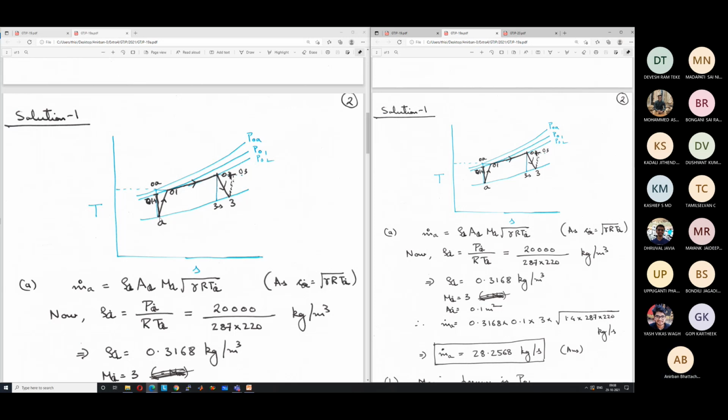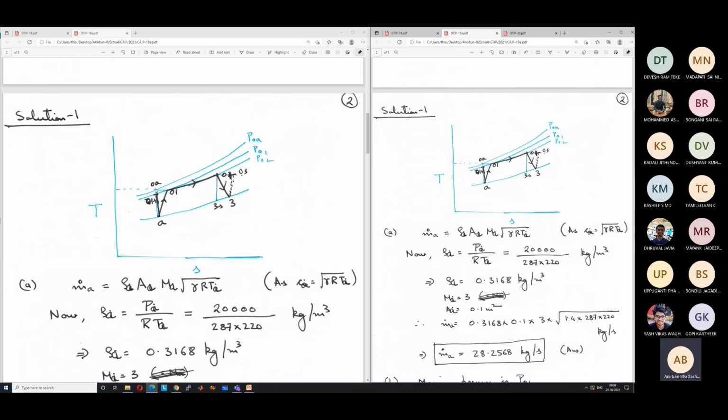Then in the diffuser, there is compression, and we go from A to 01, after compression in the diffuser. If the diffuser was an ideal diffuser, we would have gone from A to 0A. Because there is frictional loss, instead of going to 0A, we go to 01. The stagnation enthalpy remains constant in the diffuser, as we know already, we have discussed multiple times. So the stagnation temperature also remains constant. So T01 is at the same temperature as T0A.